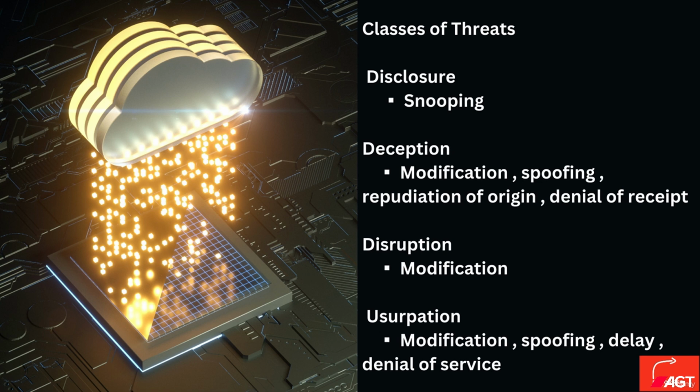Businesses and organizations should deploy robust encryption methods, such as SSL/TLS, that can safeguard the confidentiality, integrity, and authenticity of data and communications in order to reduce the risk of deception threats. Companies should also put in place authentication and access restrictions that can confirm users' identities and stop unauthorized access to sensitive data. Disruption. Threats of disruption include the deliberate or accidental alteration or destruction of data and resources kept in